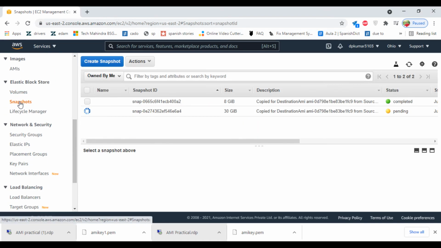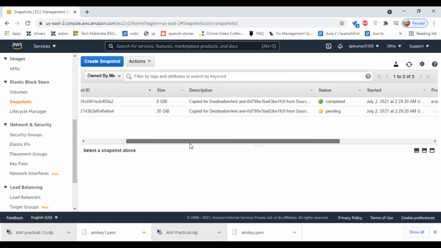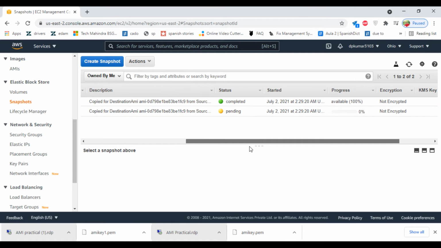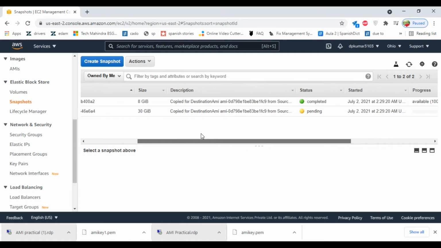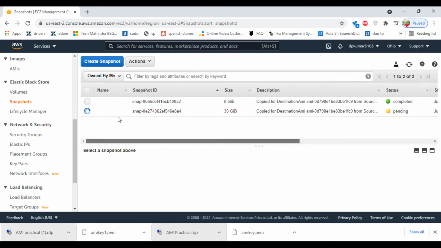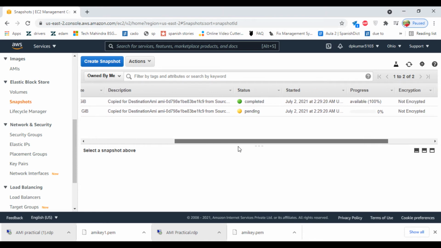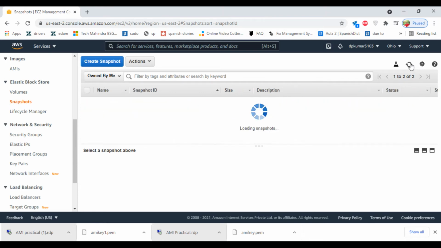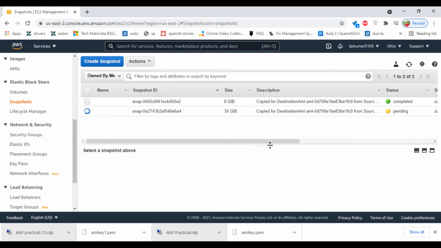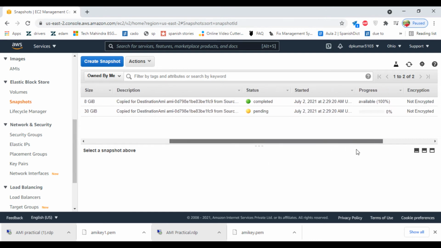Snapshots. So here we have two snapshot. One is 8 GB which is available. So 8 GB snapshot is created, that's great, and 30 GB snapshot for root volume, it is still in pending status. So we can click refresh to see the status.